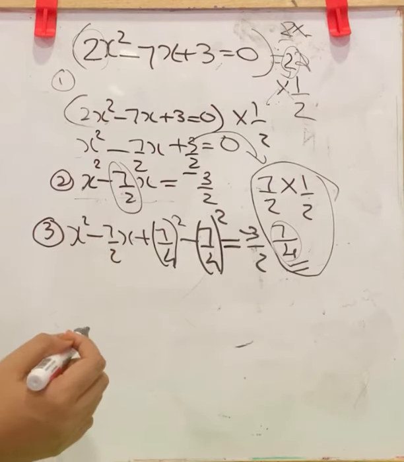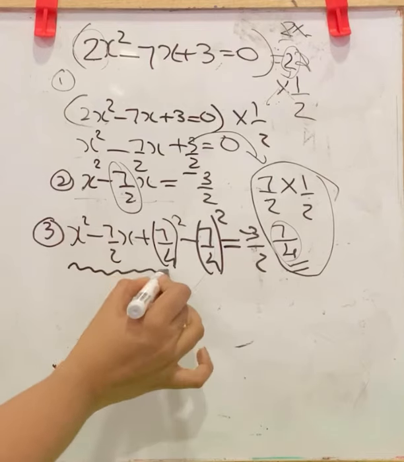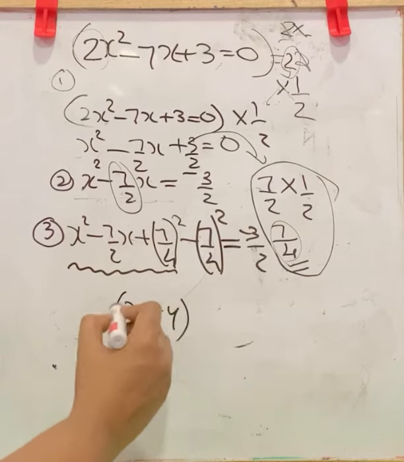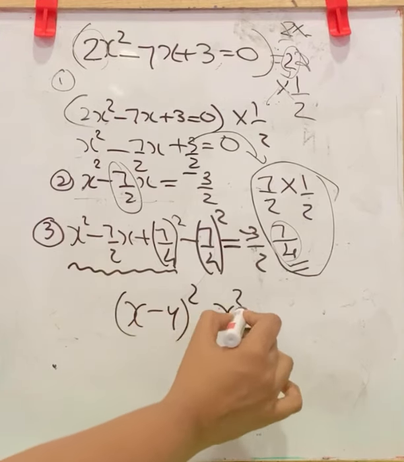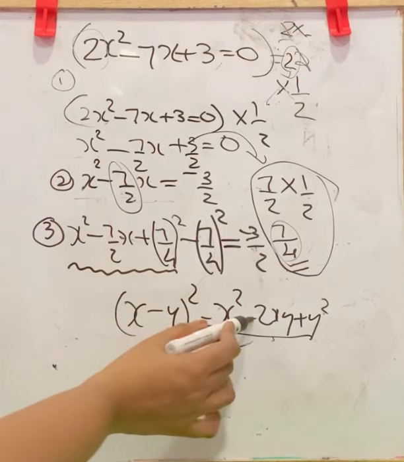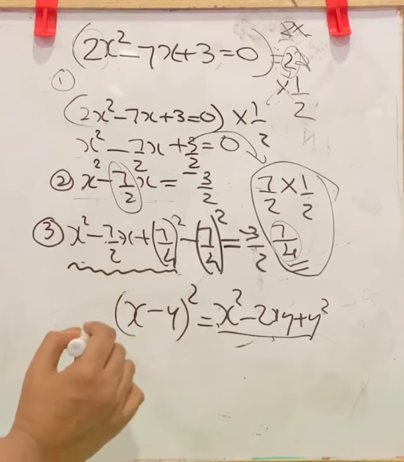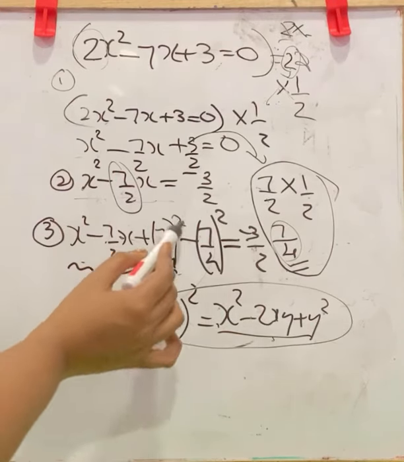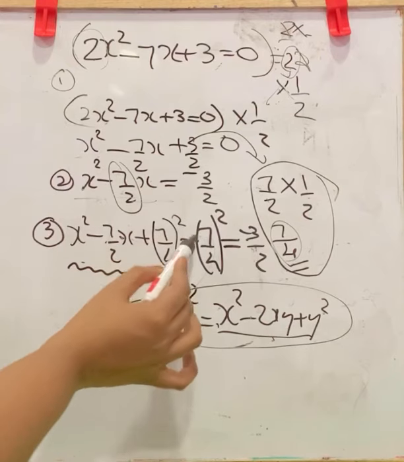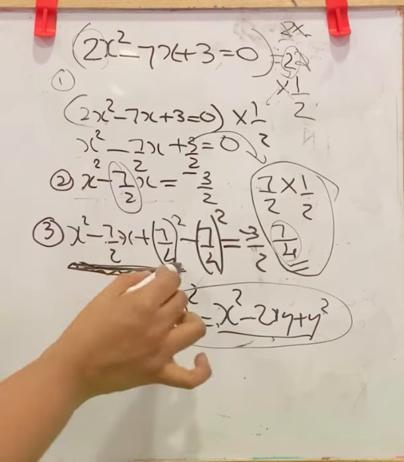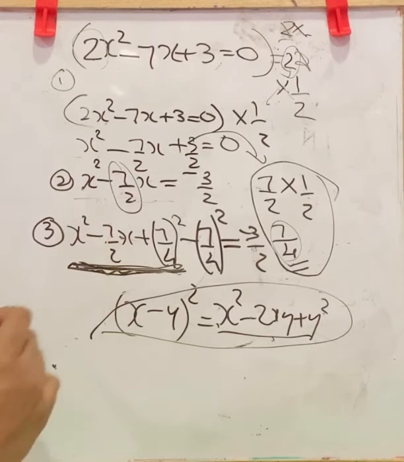So next step, you have to check the first 3 terms. This is in the form x minus y whole square. You know the expansion x minus y whole square is equal to x square minus 2xy plus y square, and it is in this form. To convert the given equation to this identity, we did all these steps. That is why we added a square number to that and subtracted the same thing from that, so that we can take the 3 terms and make it into this identity.